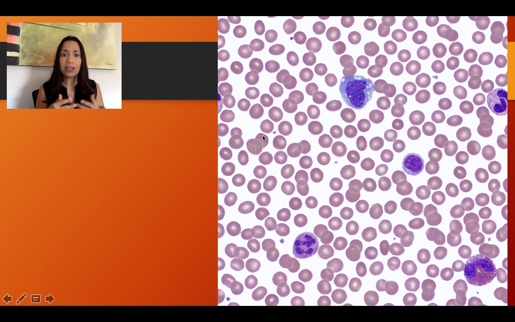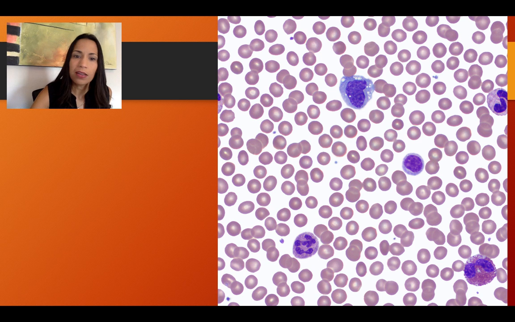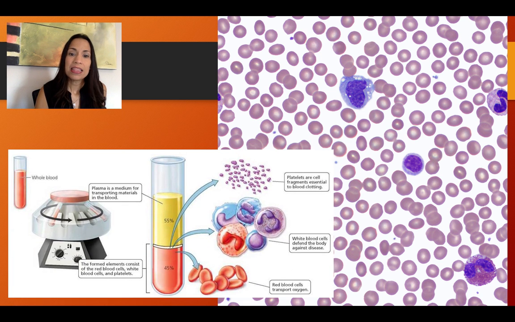And those are not even cells, but fragments of a bigger cell that we'll see later. So see, it is true. Here, red blood cells are the most numerous type of blood cell. Then we have a group of white blood cells involved in immunity, and then the platelet fragments